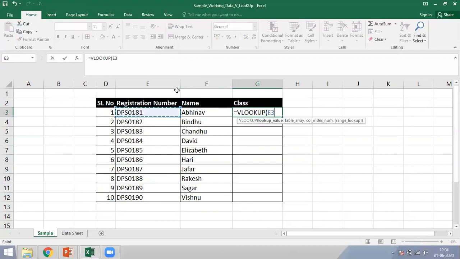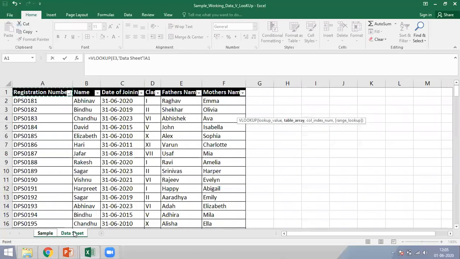Again VLOOKUP, it's again asking for a lookup value, which is a common value. I've taken the registration number. Now I've selected the table in which the information is present, and I need to see in which column the information that I am looking for is available. It's available in the 4th column.